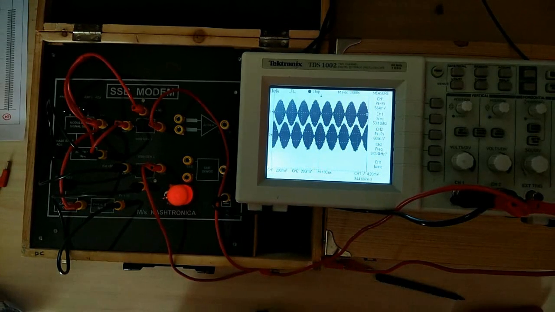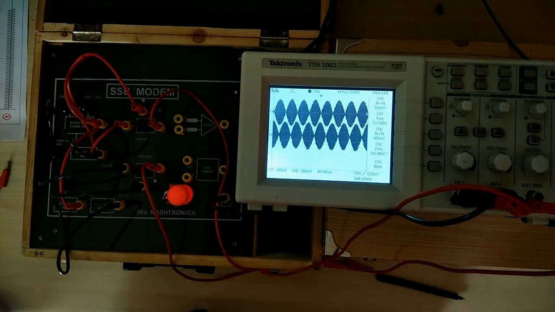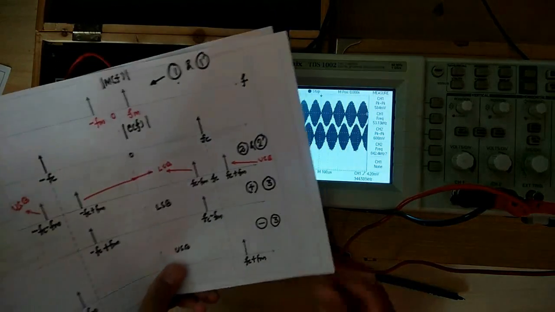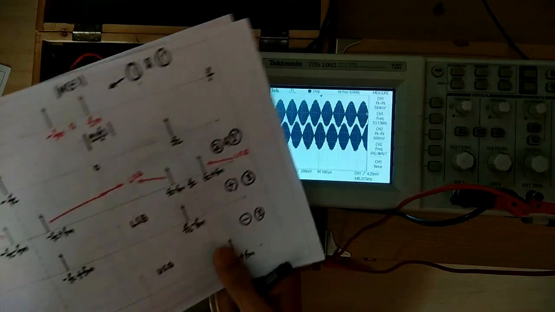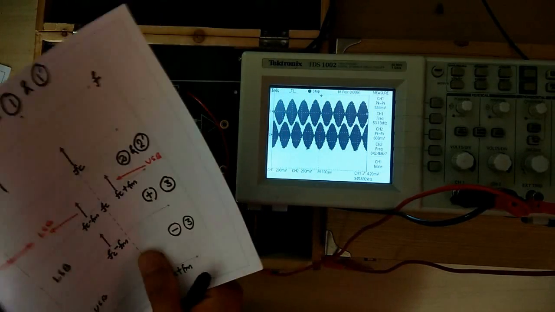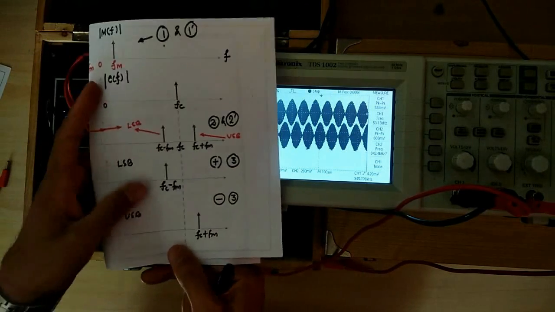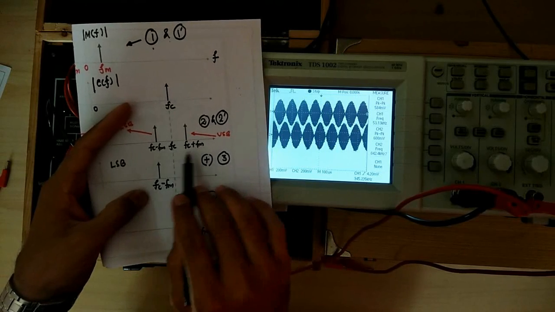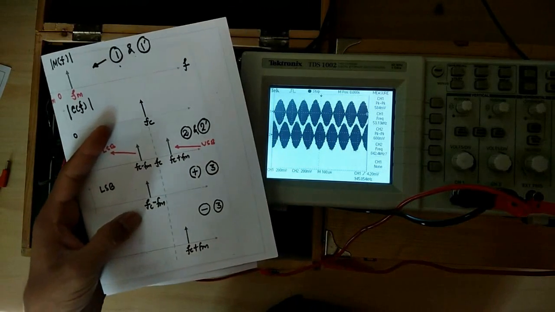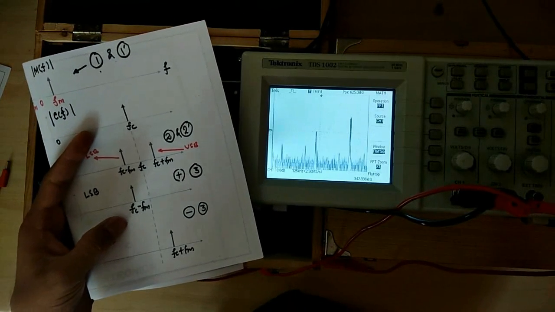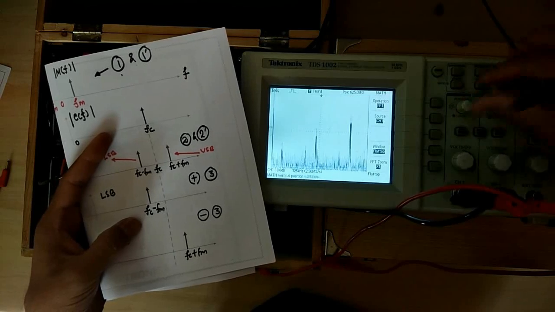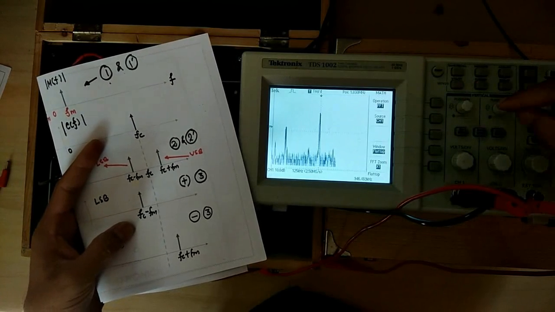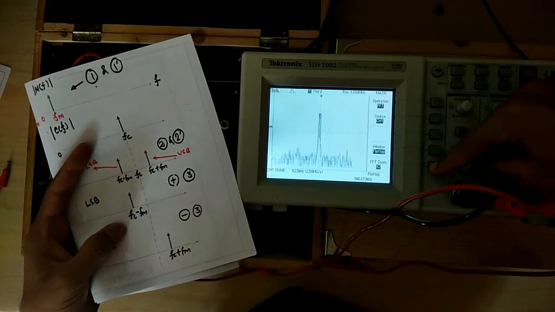Now let us see the spectrum of these signals. For the DSBSC, I should get only positive frequency. I don't get the negative frequency, so I'm going to get only the positive portions. For the first DSBSC, I'm going to get this spectrum at Fc plus Fm and Fc minus Fm. So let's press the math menu for channel 1. If you see this, this is my original spectrum. Let's zoom it.